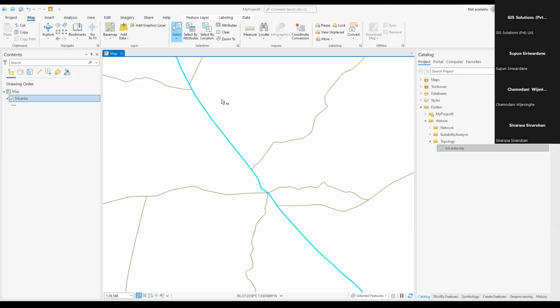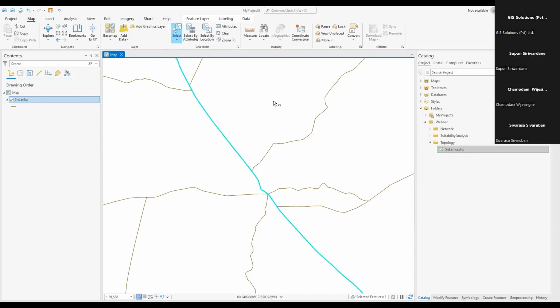Likewise, there are overlaps. Overlap means this is the baseline and there's another line on top of this line, which we call overlap. Likewise, there are undershoots and overshoots, right? So we have to clean those data by using a topology. So when we create a topology, the topology